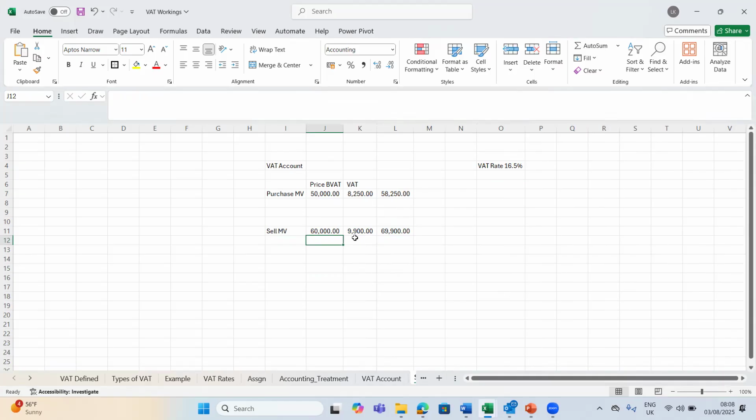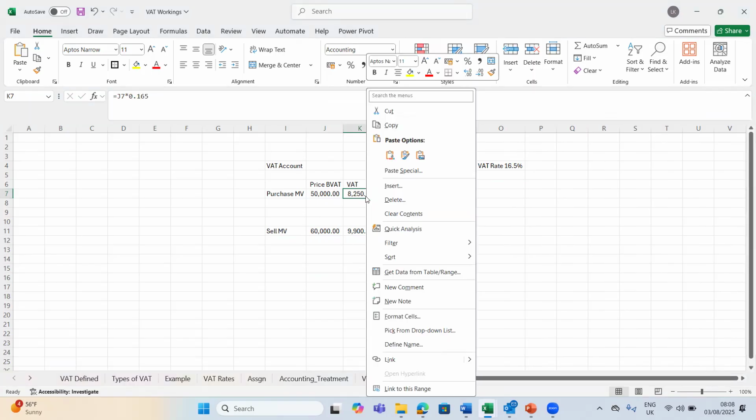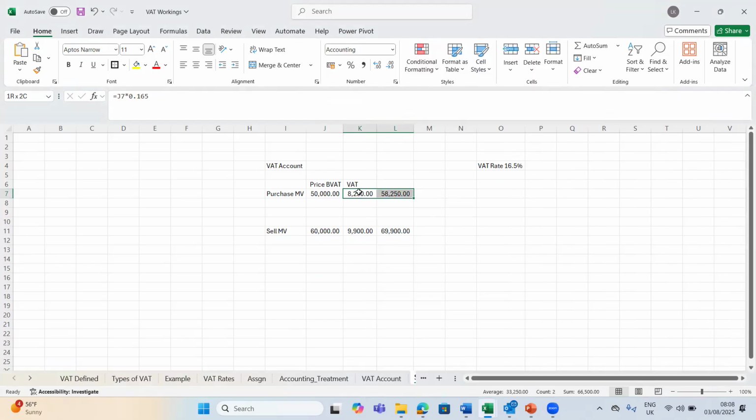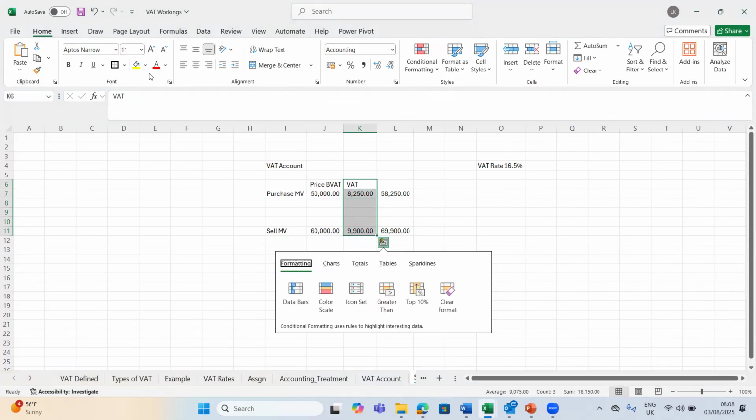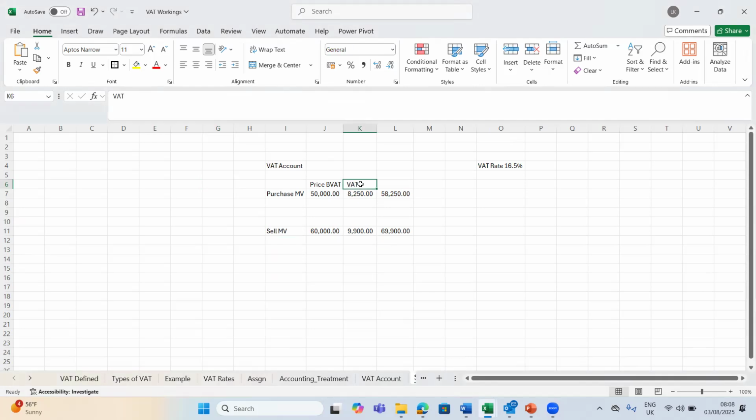Now, my interest is on this column, the VAT column. This is my interest. So let's look at the double entry for each of these transactions. Right. So for the purchases,